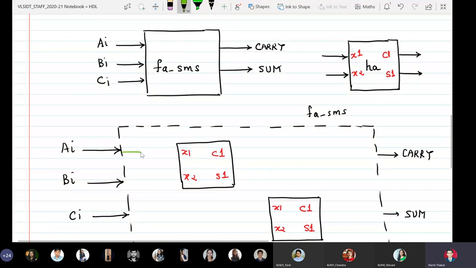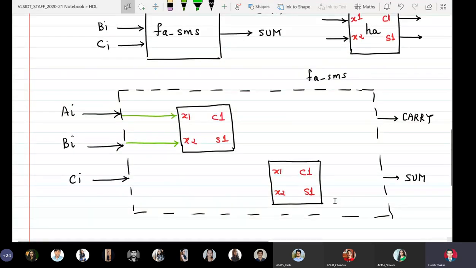So AI goes to X1, the first input of the first instance. BI goes to the second input of the first instance. Similarly, CI goes to the second input of the second instance, and the sum output of the first instance becomes the first input of the second instance. Okay.